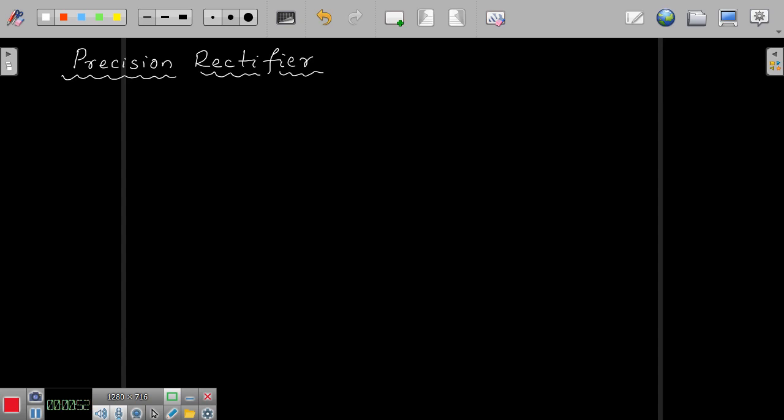Here, the specific adjective is precision rectifier, right? Now when I start discussing a typical rectifier, a very conventional example, I will take a half wave rectifier, something like this. When I have the load resistance here, if this is your V in, this is the diode, and if you take this as VL, this is the load resistance. Now the simple diode, where I speak about the silicon diode,